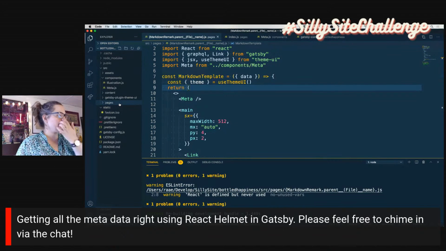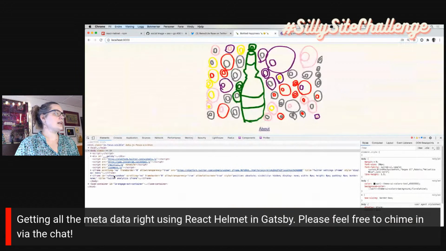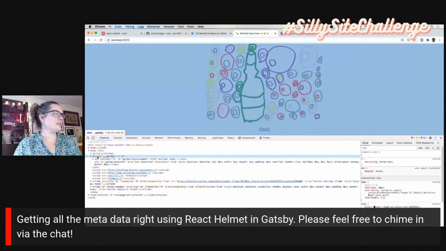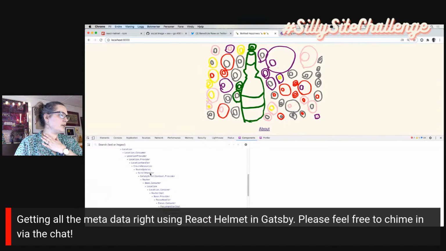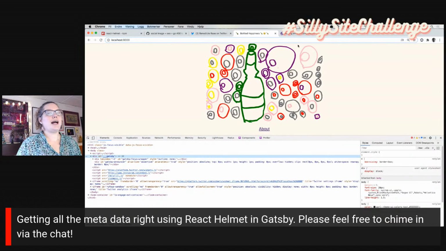So if we're going to add something globally around all our pages in Gatsby, if we go back to our actual HTML document here, you see that Gatsby starts in this div, and we can add components, or if we look at the component tree, I guess. So we have some theme providers here, base providers. I don't know if this helped us. I like to look at it more over here. So we can add something on top of or around everything that Gatsby is in charge of. So to do that, we need to add it to our,